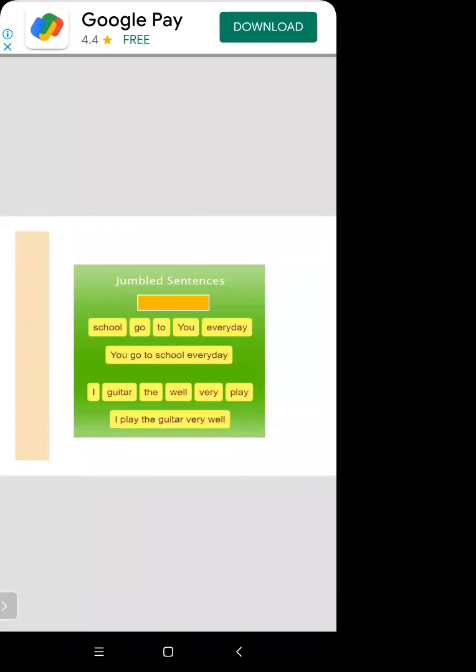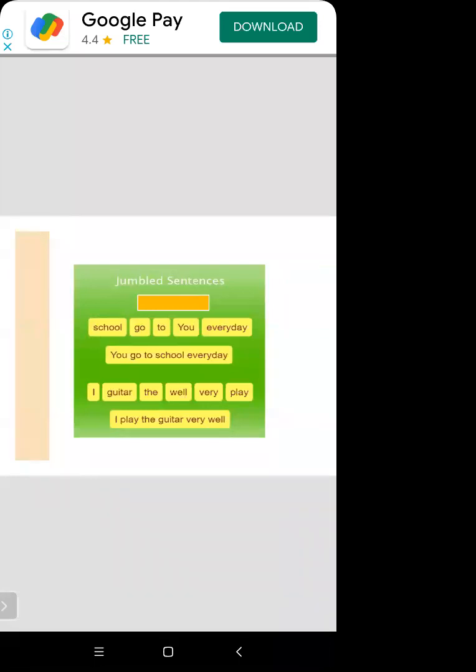Okay, let's start. Number one, here we have to write the subject: you. You is here as a subject. After that we have to put the verb: go. Go means जाना, तो action हो रहा है. You go. After that we use to school every day. So this is the predicate, where the predicate starts from a verb. You is the subject and go to school every day is the predicate part of the sentence. Clear, students? So this is a correct sentence.